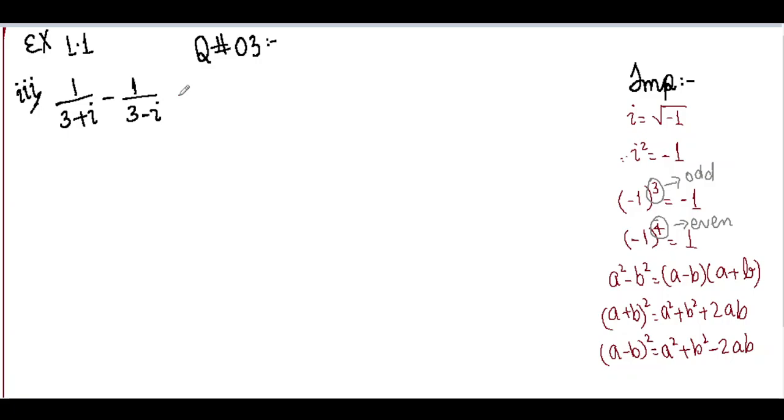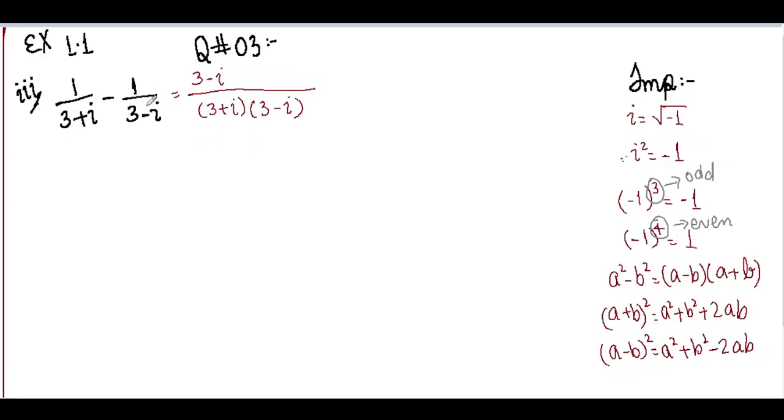Okay, now we are moving towards the third part. It says 1 by 3 plus iota minus 1 by 3 minus iota. To solve such fractions in which there are two fractions and we have to add or subtract them, we have to first take the LCM of both the fractions. So first of all, we have to draw a big dash and then take the LCM. LCM is just writing both the denominators in multiplication form. So we got 3 plus iota into 3 minus iota. Now here what's missing to make it this one? 3 plus iota is already present. We just have to add 3 minus iota. So we are going to multiply 3 minus iota with this term and we write it as 3 minus iota.